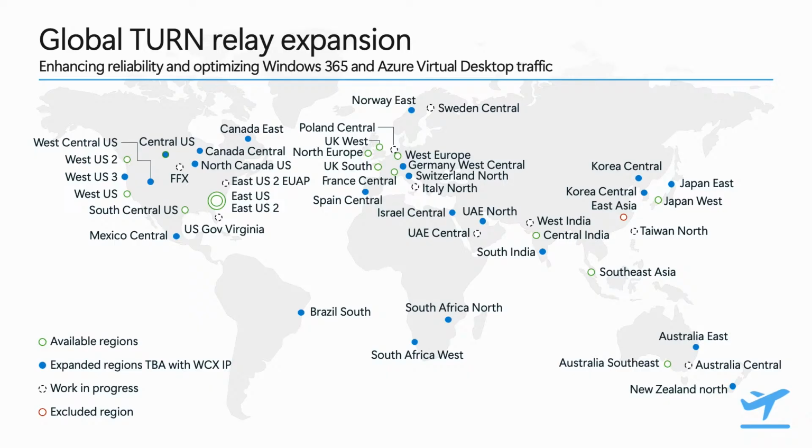Additionally, we are moving to dedicated relays that have been specially tailored for AVD and Windows 365 traffic. First, because we have our own dedicated IP range and relay uniquely scoped for AVD and Windows 365 traffic, it isolates and optimizes the traffic flowing through these channels. Second,